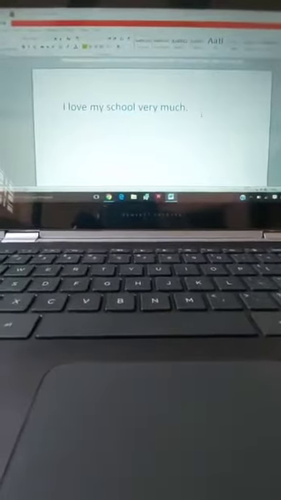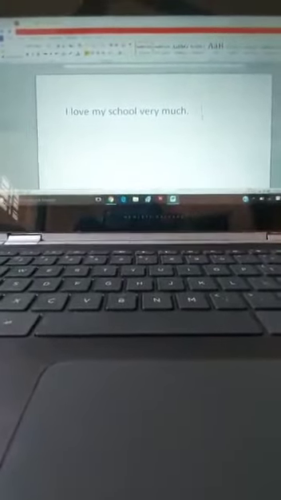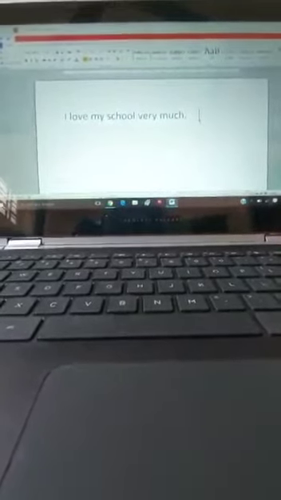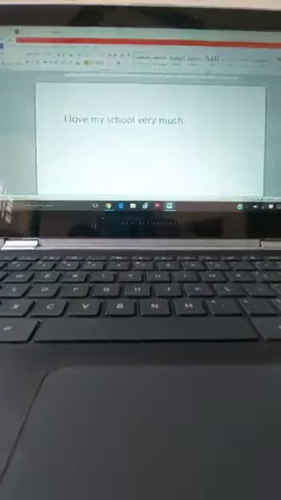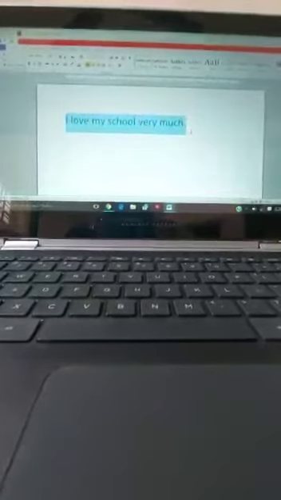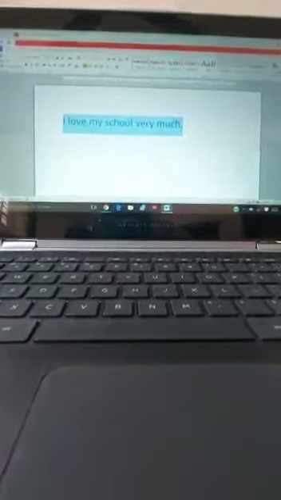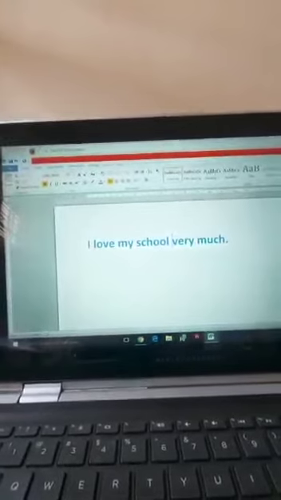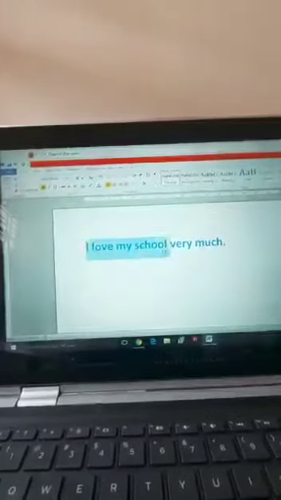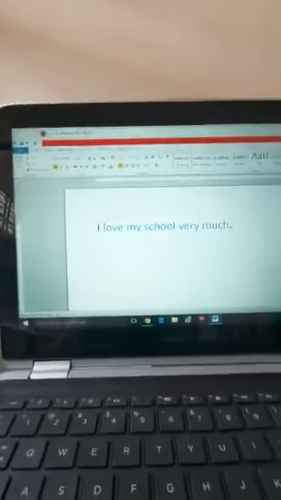So children, this is a text that I have typed. Now let us learn what is bold, italic and underline and how to apply that. Bold means whatever text is there, this will become darker than the normal text. Let us select the text and then go to bold here. Click on bold. See here, the text got thicker than normal. Next is how to remove: again select the text and click back on bold. You can remove the thickened part.